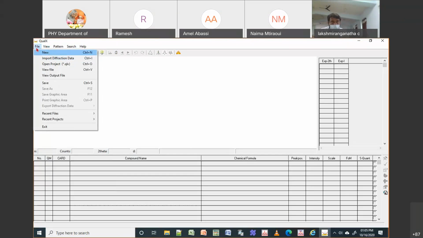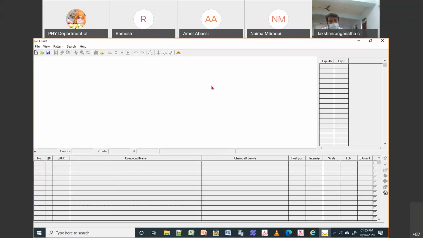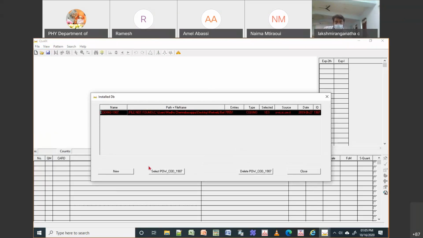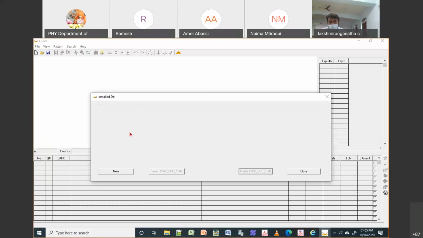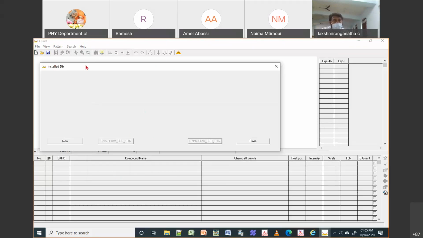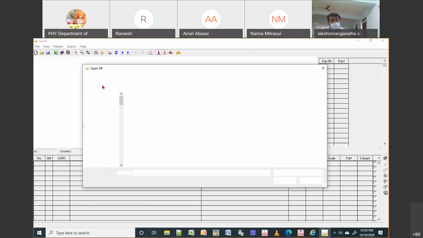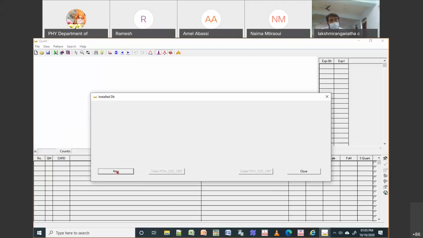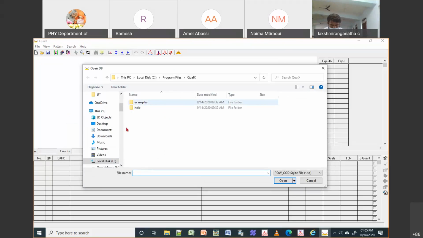Okay, so once you have done this installation, normally what happens, you go to search and then you go to database indexing. Okay, so in database indexing, if you are doing it for the first time, you would have nothing here. It will be empty. So what you are supposed to do is link a database. The database is the one which has all the reported experimental files. So you have to go to search, database indexing, click on new, then you would have downloaded